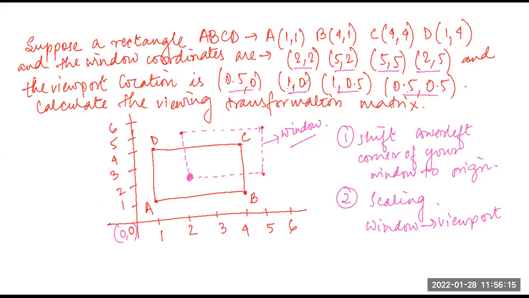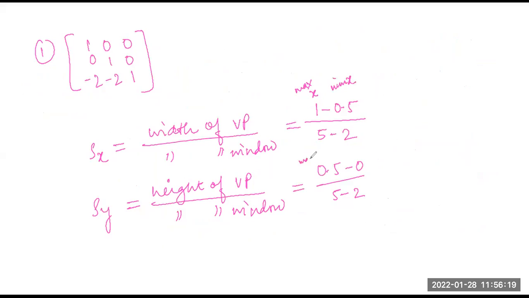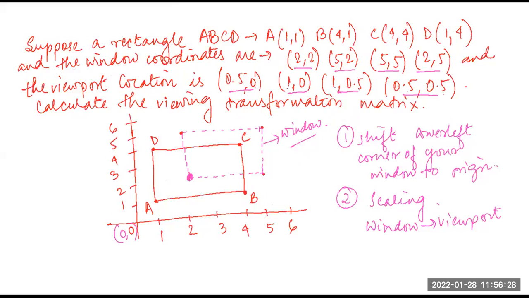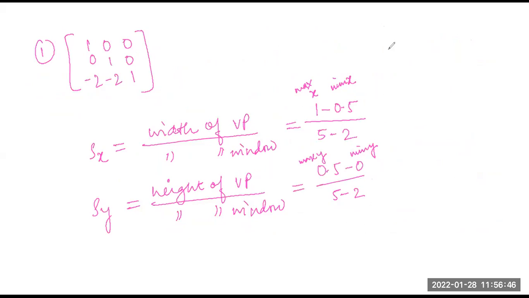मेरा y वैल्यू क्या है? 0, 0, 0.5, 0.5, दैट मीन्स मैक्सिमम y वैल्यू ऑफ योर व्यू पोर्ट माइनस मिनिमम y वैल्यू ऑफ योर व्यू पोर्ट, यही तुम किए व्यू पोर्ट के लिए। सिमिलरली विंडो के लिए भी मैक्सिमम x वैल्यू कौन सा है, 2, 5, 5, 2। तो फिर मैक्सिमम x वैल्यू है 5 और मिनिमम x वैल्यू है 2, है ना। तो सिमिलरली विंडो का भी